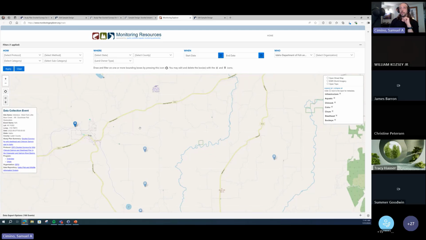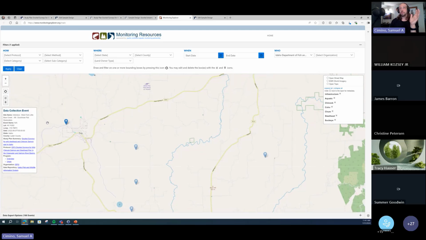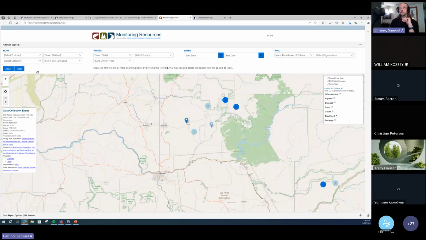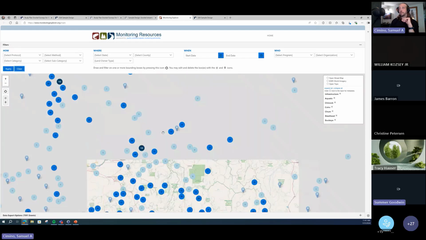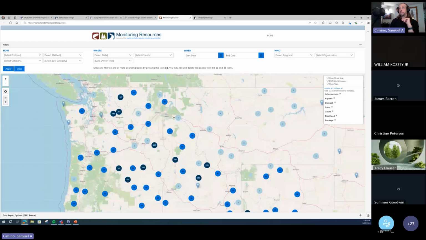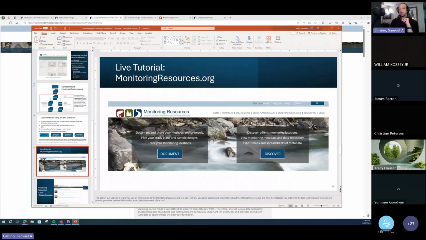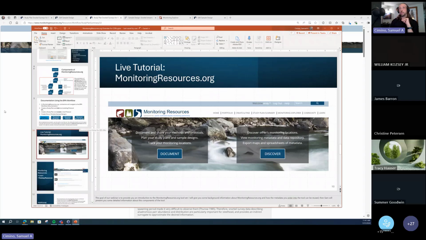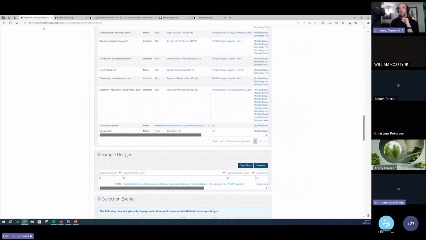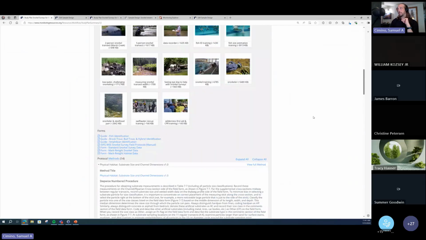So it's a really useful thing to discover all of this information along with other data collection events. So, if you wanted to compare that site with other things around that area, you could. And I think that is about it for the live demonstration. The one other thing I will show you just quickly, still in the live demonstration,